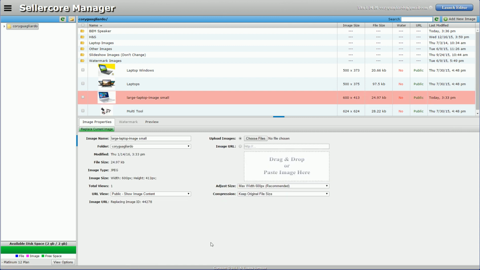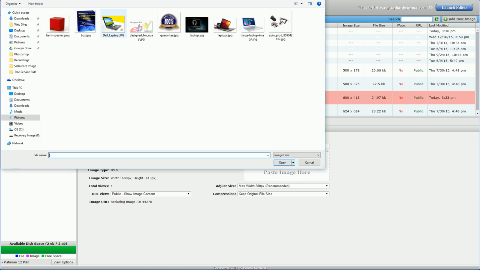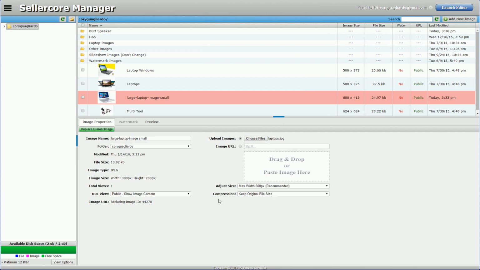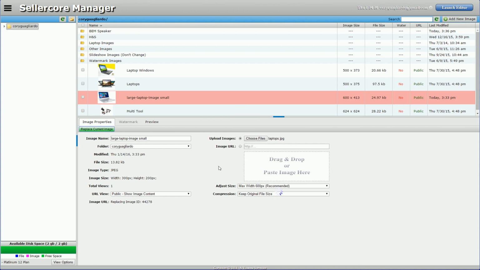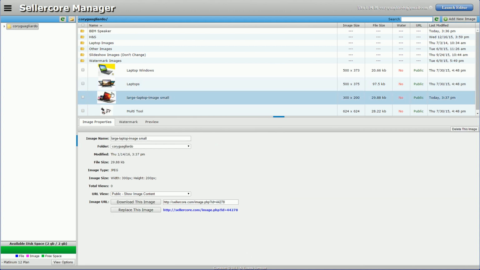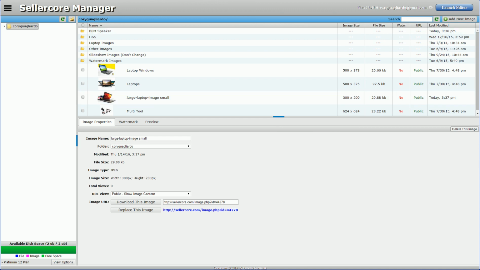I'm going to click on that. It pops up red to let me know I'm about to do this. I can choose another file. Let's say I want to use this one. I'd like this image better. I can change any information I want about it, and I hit replace current image. So are you sure you want to do this? Yes, replace image. You can see that swapped that image out for me, but more importantly, I don't have to